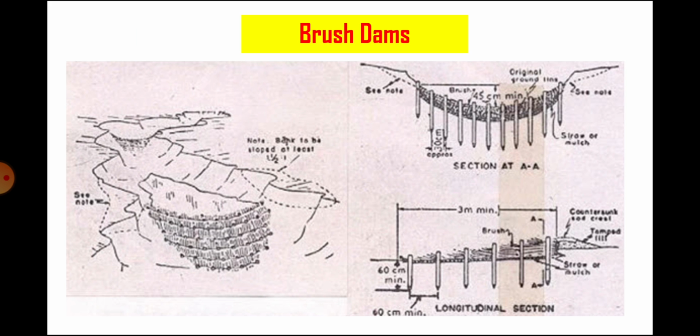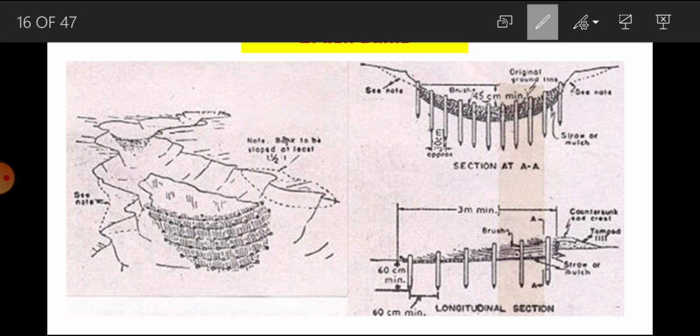Okay, so in this dam, the sides and bottom of the gully are protected by a layer of straw and mulches. Such layers could be stacked one by one over each other, and stacking is allowed till your designed height and length. Sometimes, like the previous one, you can keep large stones over the straw. So I was telling you that this is the gully, and here is upstream.